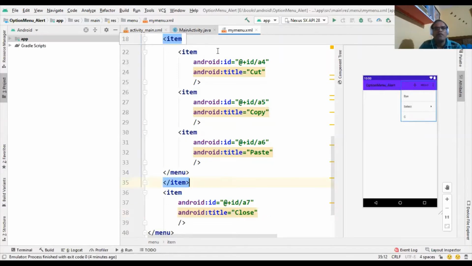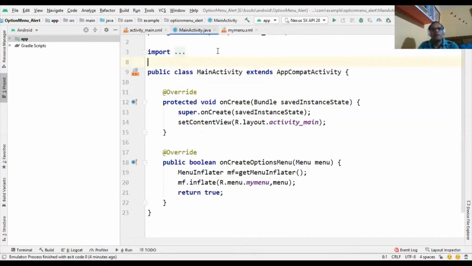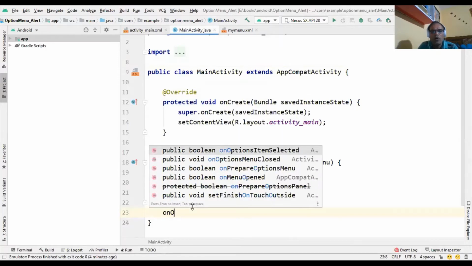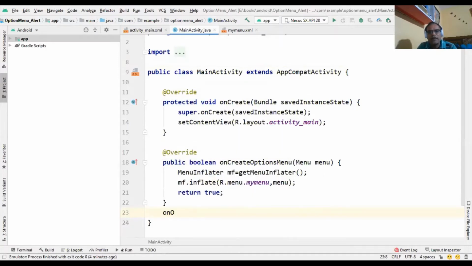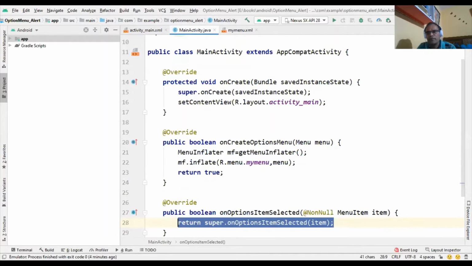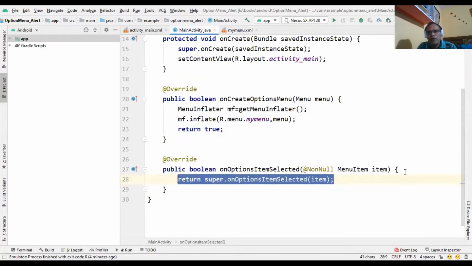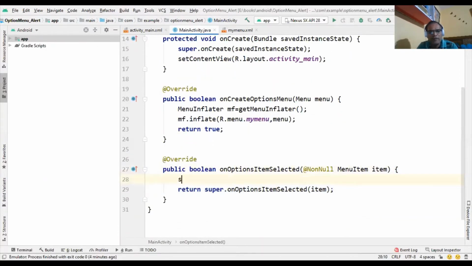Now we use the MainActivity.java file, and here we create one more method. The purpose of this method is to select a particular option so we can print a particular message. For that purpose we use onOptionsItemSelected. In this method we use a switch statement.